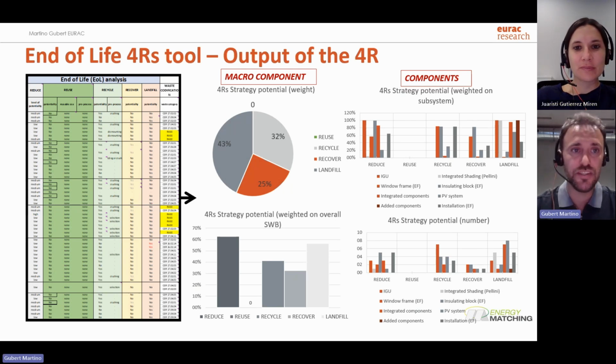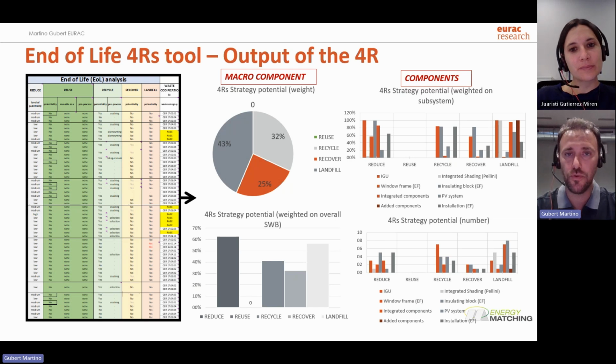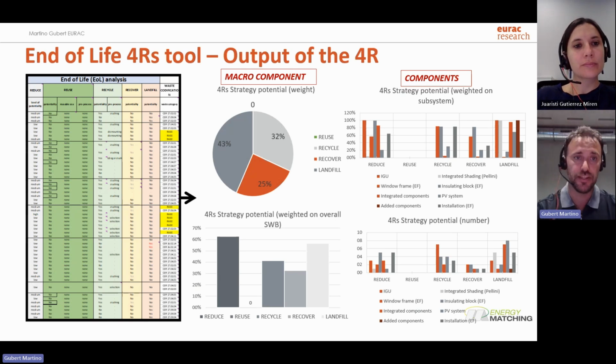Yeah, yeah. This information can be very useful, for instance, for a designer or during the development of a new product. The designer or the developer can first of all assess their technologies for the state of the art.